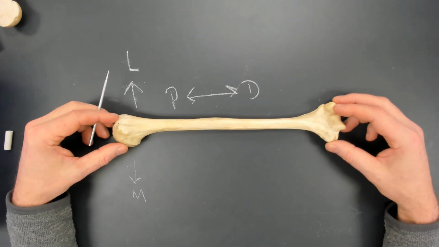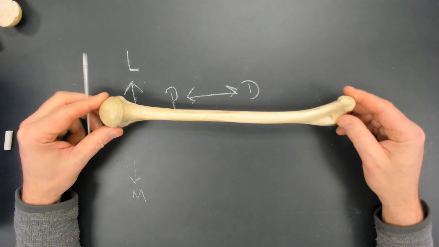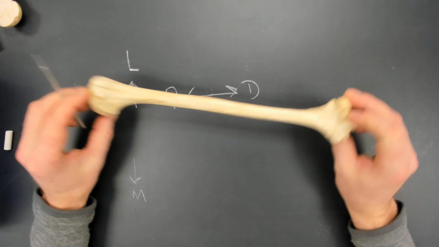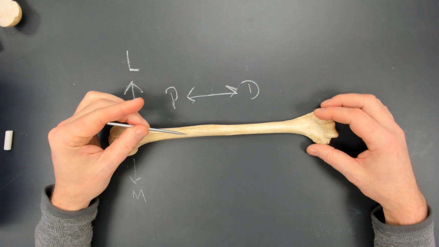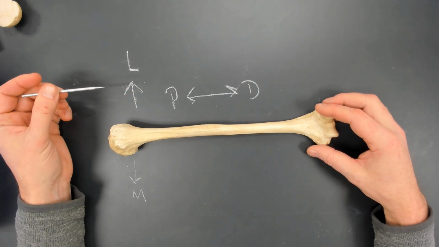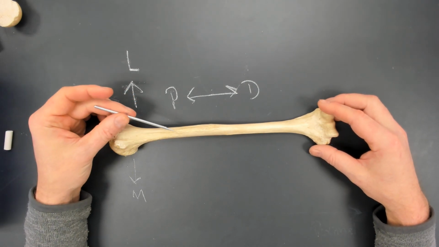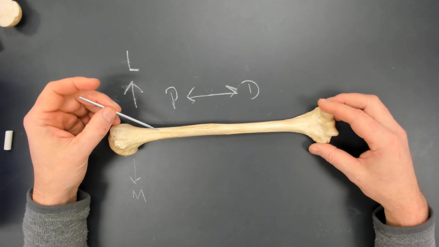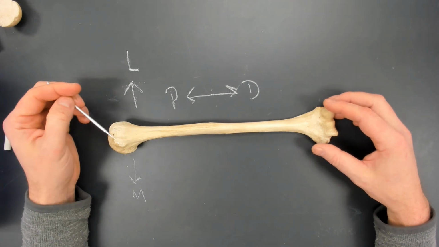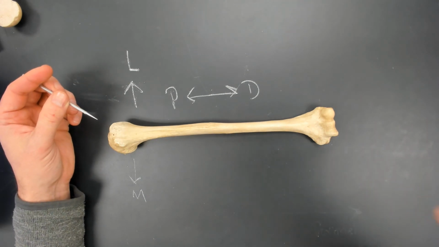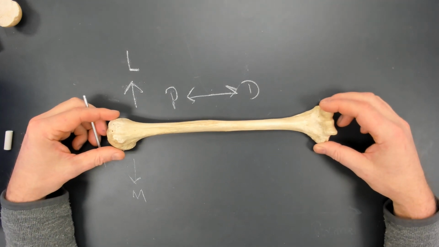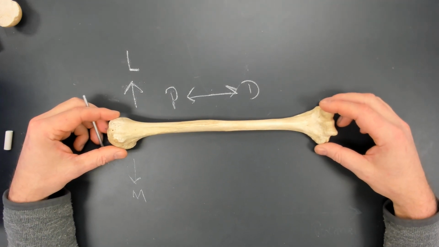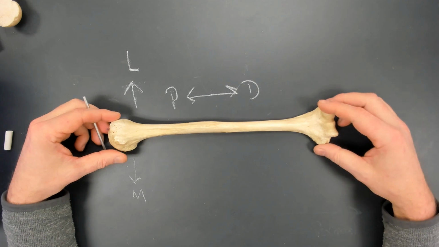Now, when we're looking at our long bone, if this were a fresh, living, recently, hopefully ethically acquired bone, then we would find that it has a layer of connective tissue on the outside called the periosteum. The periosteum is going to allow tendons and ligaments to anchor into the bone, as well as being attached to the bone with Sharpey's fibers, which are almost like little harpoons that go into the bone. And that allows those tendons and ligaments to pull, well, the tendons to pull and ligaments to brace joints